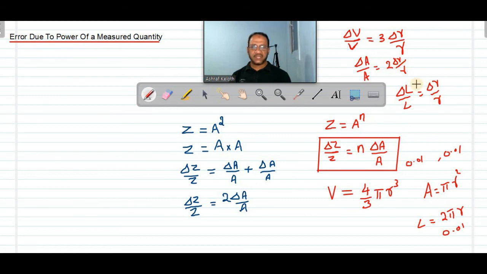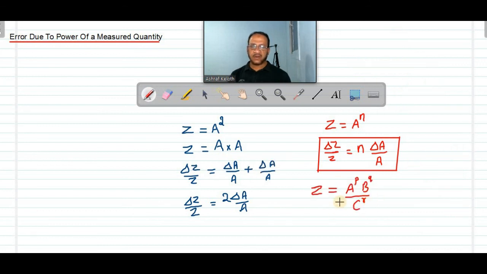You got the difference here, from the three equations. In the circumference measurement, error is only coming as delta r by r. In area measurement, it is multiplied by 2, delta r by r. In volume measurement, it is multiplied by 3, delta r by r. Because in volume measurement, radius is coming as power 3, cube. So whenever you are doing any measurement which is having a power like square, cube, etc., we should measure that with more accuracy. Otherwise, error will be multiplied too much. That is the logic.